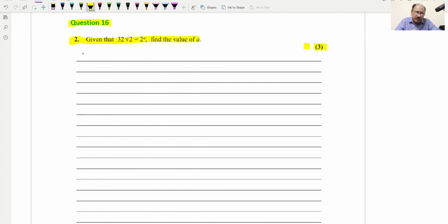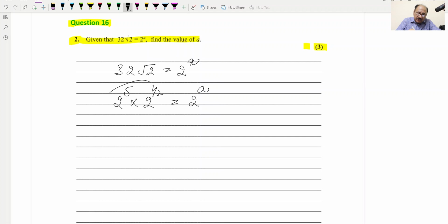This is a 3 mark question, and we have to find the value of A. Okay, I will copy the question first. So this is the question which we have written. Now this 32 we can write as 2 raised to the power 5, and this under root 2 we can write as 2 raised to the power 1 by 2,